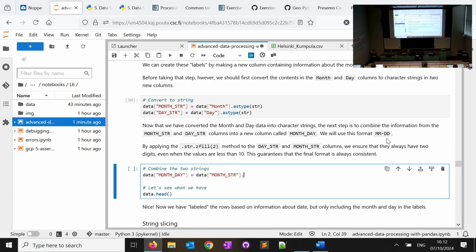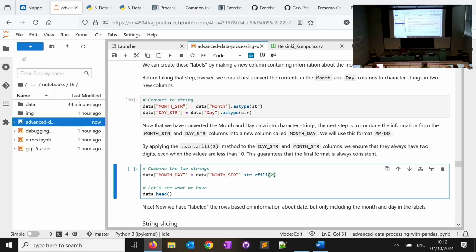There is a method for strings called zfill. I will write it, then I will continue explaining. So .str.zfill. Okay, so if you have a string, it can be anything.